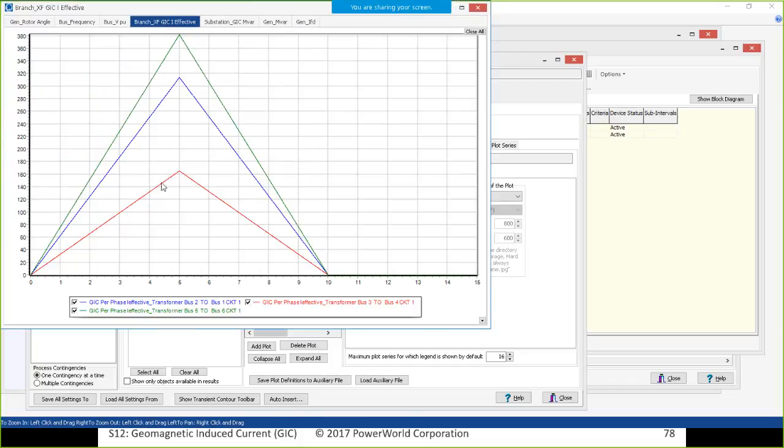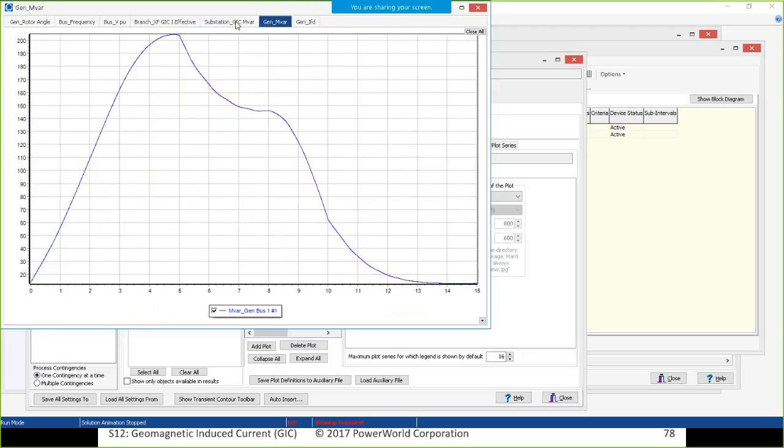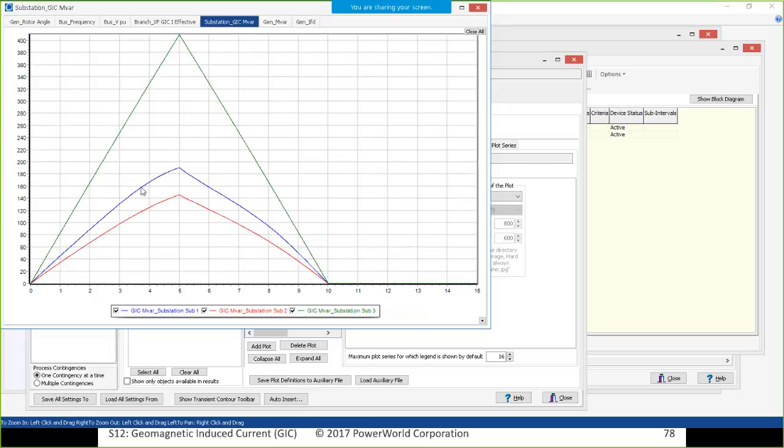Here's the transformer. This is nice and linear, of course, because this is the I effective, and we could use this as a starting point to plug into a thermal model to see if these transformers would heat up too much. That's how much GIC is flowing through each of the three. Megavar losses and generator megavars are not linear because the megavar losses look like a constant current load, since they're proportional to the voltage.